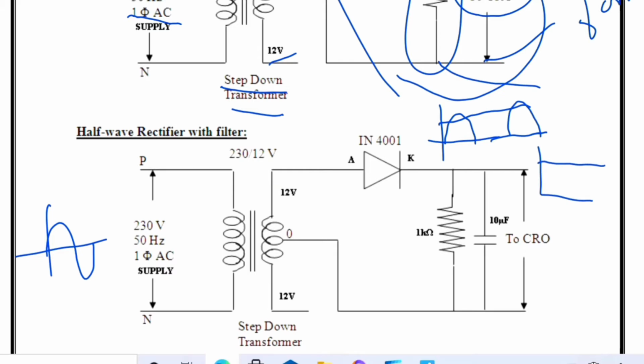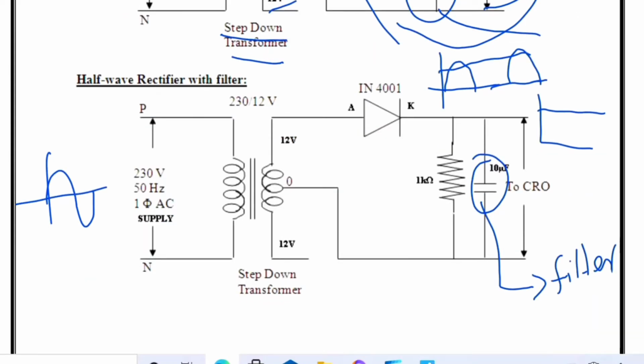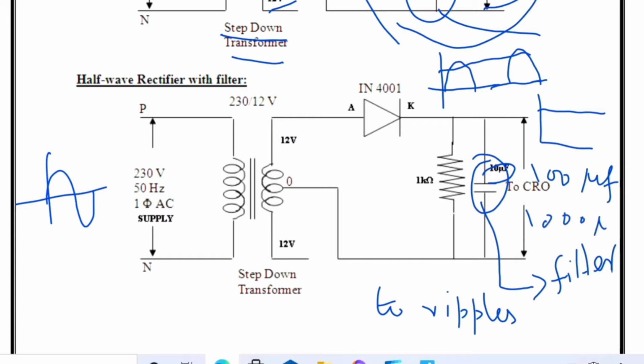In order to get this perfect DC, we need this capacitor. So what is the role of a capacitor here? This capacitor acts as a filter to filter out the ripples and gives a DC. So the DC is not pure without a filter. Now we will see in a demo what will happen while we connect some 100 microfarads and some 1000 microfarads of filter across the load circuit.